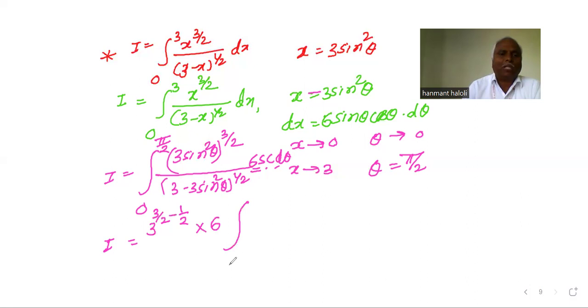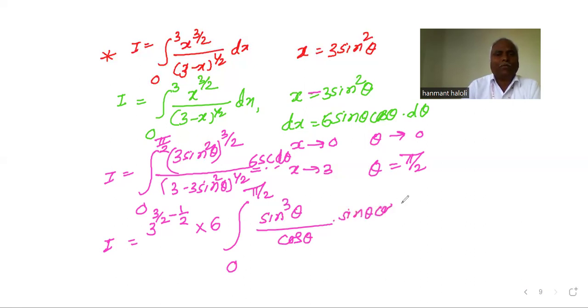All the remaining parts, again the 6 is also a constant, we will take outside from here. Then the integral left is from 0 to pi by 2 of sine raised to, here the square is there, here the root is there, so that cancels, 3 theta upon, after taking 3 common outside, 1 minus sine square gives cos square, and the square root gives again cos theta, into sin theta cos theta d theta, and after this all the calculations, then you get this side cos